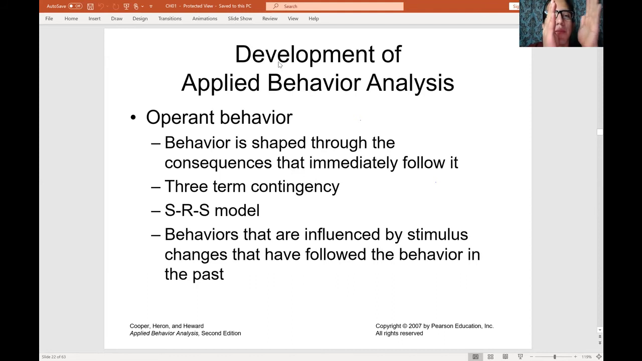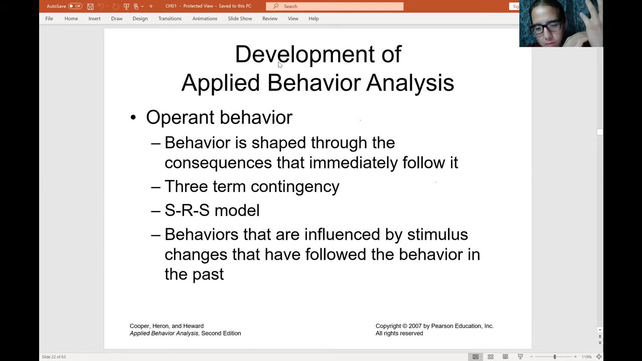So now the reflex, remember, was: there's a stimulus, there's a response. Now there is a stimulus, there's a response, and there is a stimulus that follows. And what determines this operant behavior is the change that followed the behavior in the past. So what is the stimulus here that happens? So for example,